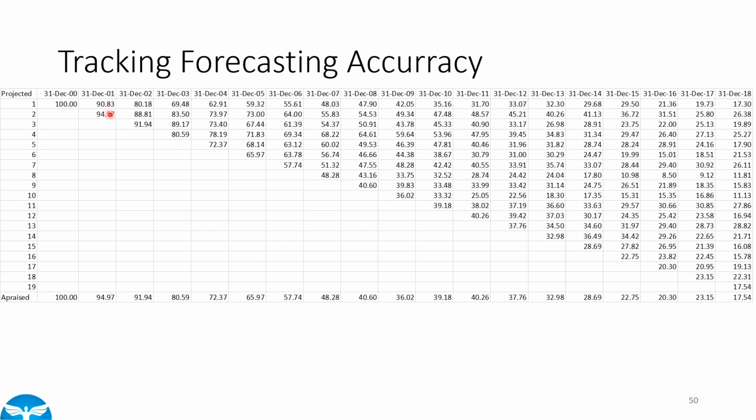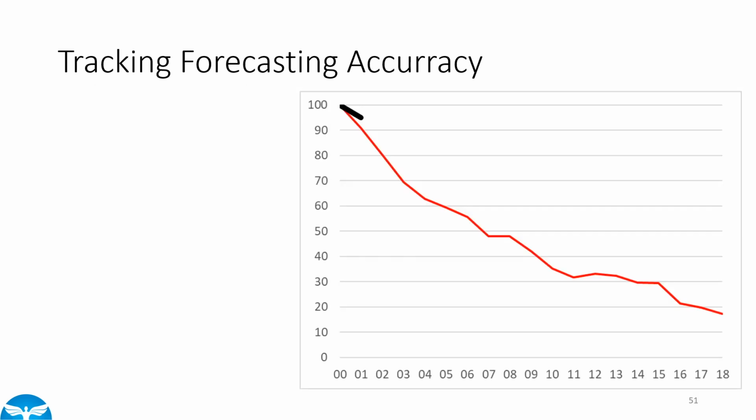And then we did a new forecast starting with this value out here into the future. And we did this subsequently for 18 years. And then we had this matrix that would allow us to measure the forecasting accuracy. So the appraised line is this red line. This is what actually came out over the 18 years from Ascend. And the black line is,